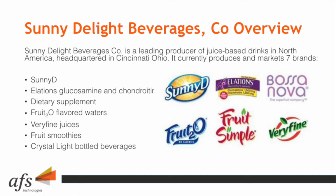The foundation of SunnyD Delight is to provide beverages for multiple occasions for family use. If you look at the brands in our portfolio, SunnyD Delight, Very Fine, Fruit 2.0, those are beverages meant to hit different occasions and different family structures. We have SunnyD Delight, which is a kid-friendly beverage,